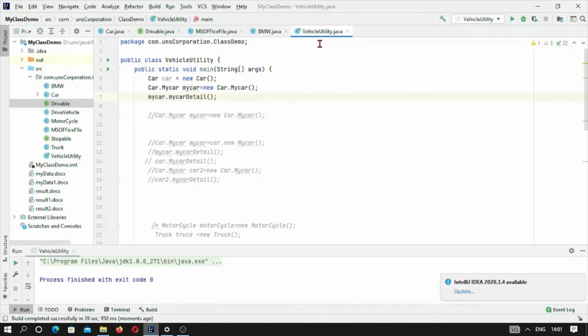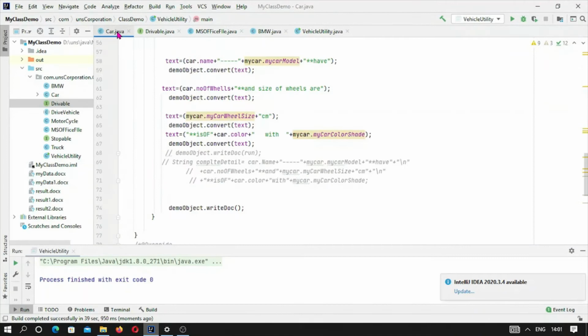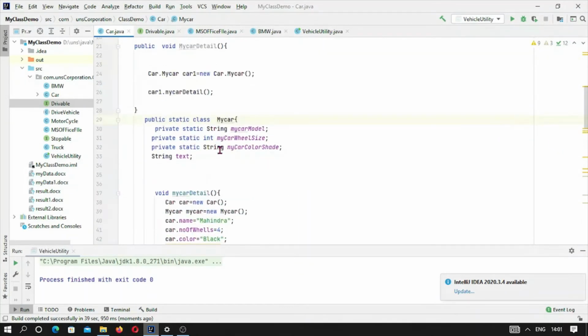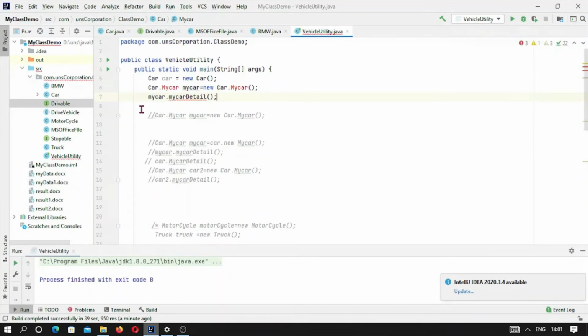Later we will see the result, and let me first do another practical, where this inner class will be made private. So now we are unable to call it from the outside. This will create an error. Here my car can't be called. So this will be okay. Now we are making it a comment.